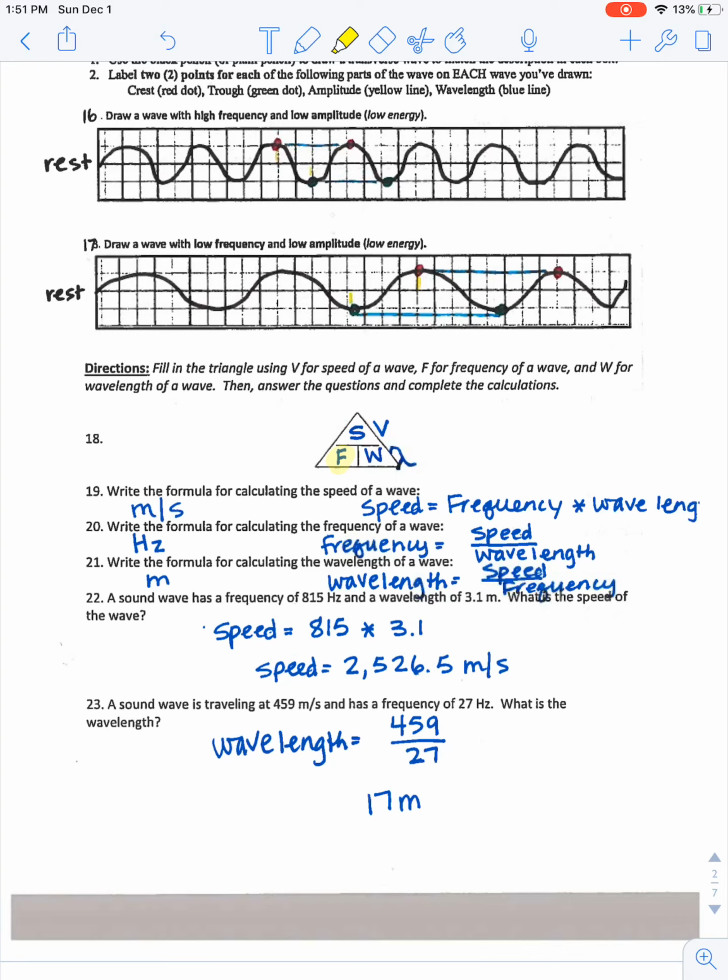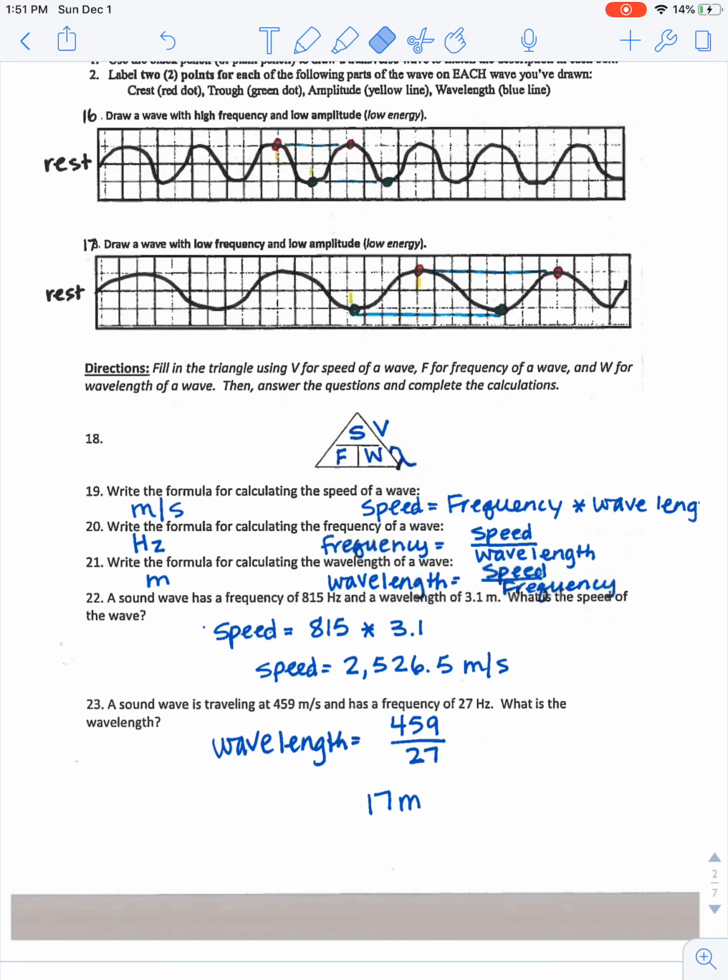And then the formula for calculating the wavelength, I'm going to cover up my W, which is what I'm solving for. I have my S over my F, my speed over my frequency, which again would be division, speed divided by frequency. So if I wanted to actually put in real numbers instead of just variables,